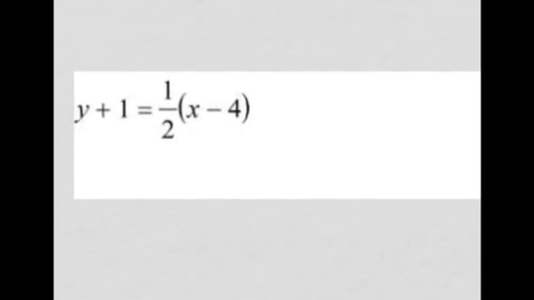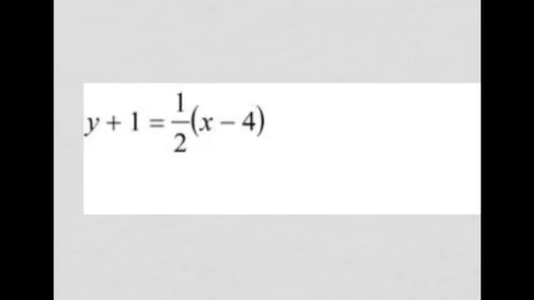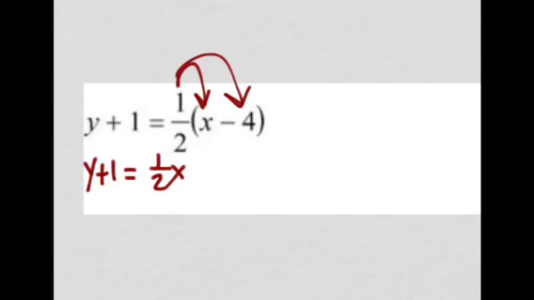I'm going to do the same thing over here. Now at this point, if you have not grabbed a calculator, you may want to do so because you'll notice what my slope term is now. It's a fraction. So you can put these in your calculator. I'm going to begin again by rewriting y plus 1 and then distributing here and there. 1/2 times x, 1/2 x, 1/2 times a negative 4. Now remember when we multiply fractions,